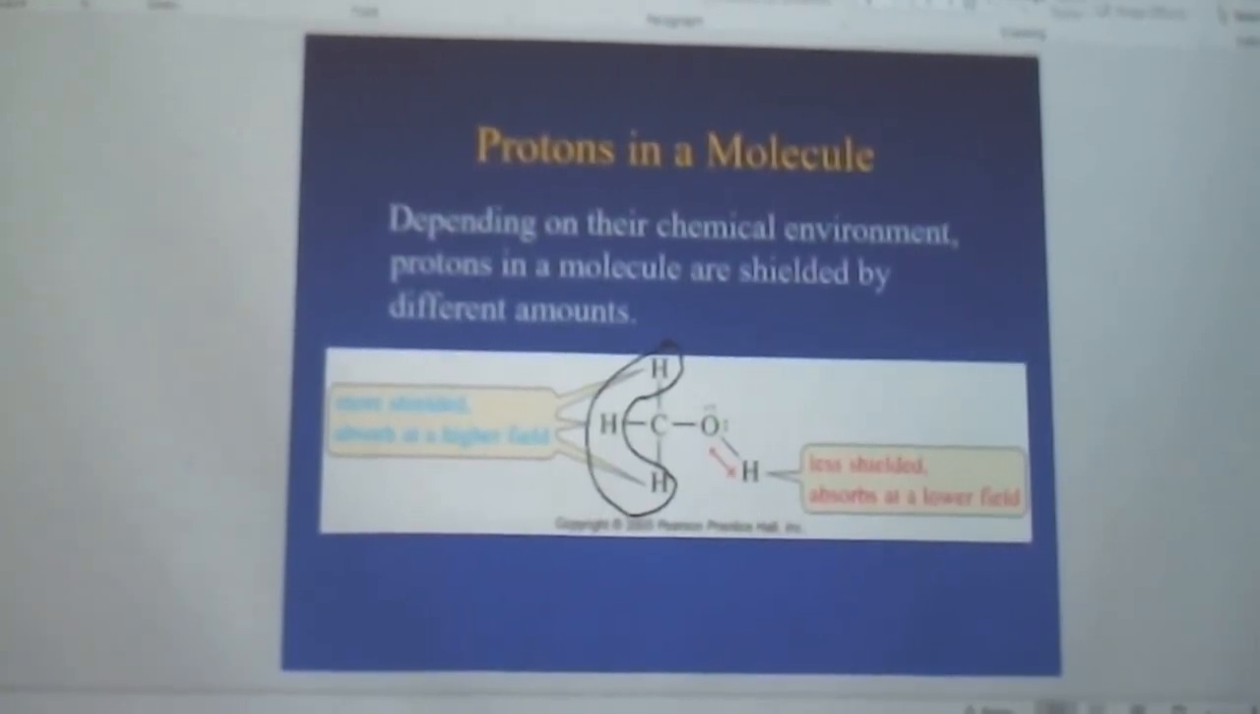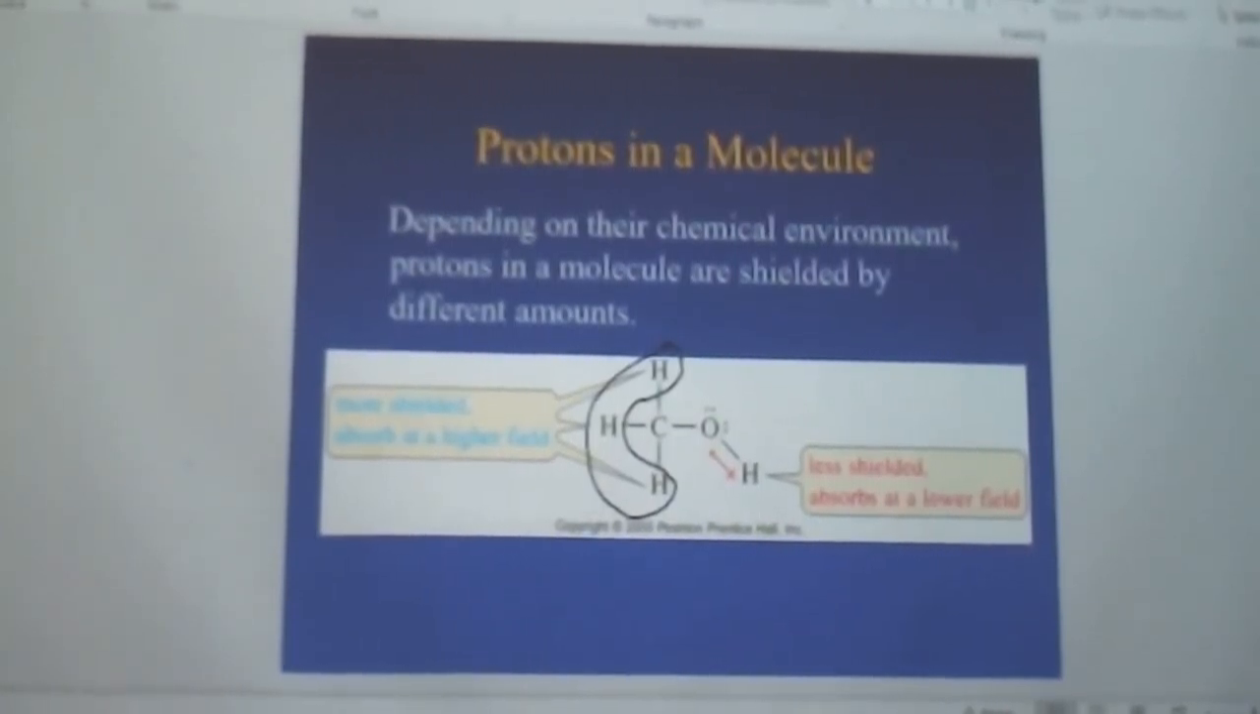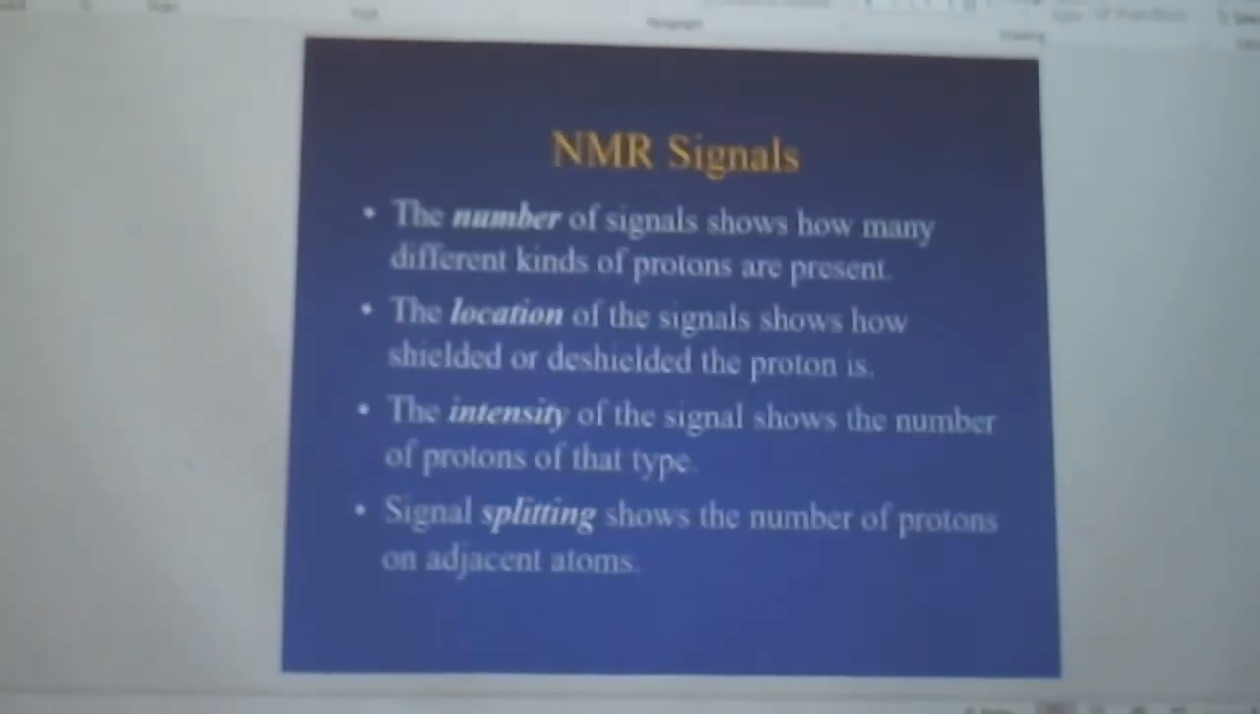going to absorb at a certain radio frequency, different than if you have a hydrogen attached to a much more electronegative atom like oxygen. So depending on what they're attached to, they are going to absorb different radio frequencies, and I'm going to be able to see different absorptions. You clear on that? Okay,